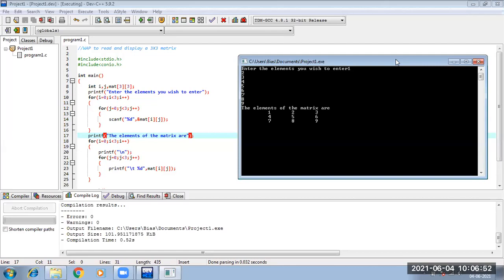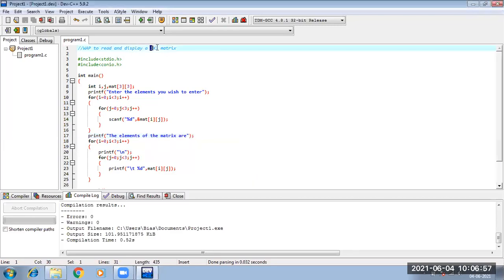The dimensions you change in the row and column, accordingly you will have to change in this loop and in this loop for taking the values, and accordingly you will have to change in this loop and in this loop for printing the values. This is just a small difference, everything else is what you have learned. So among the operations, let us just do the first one, that is transpose of a matrix.